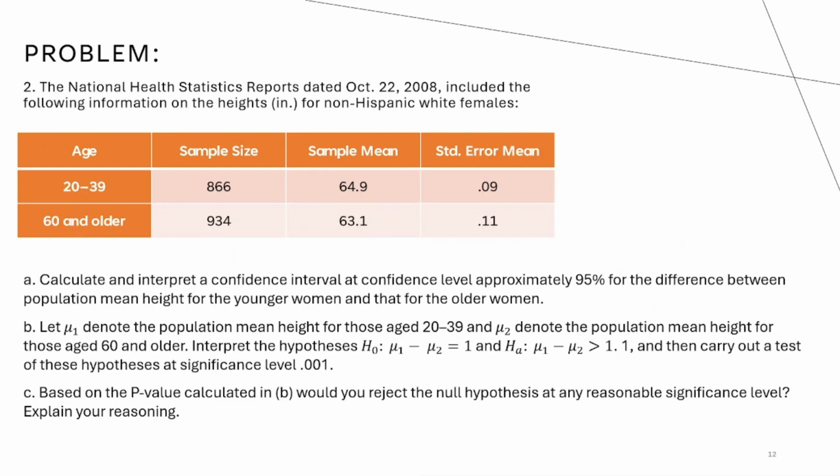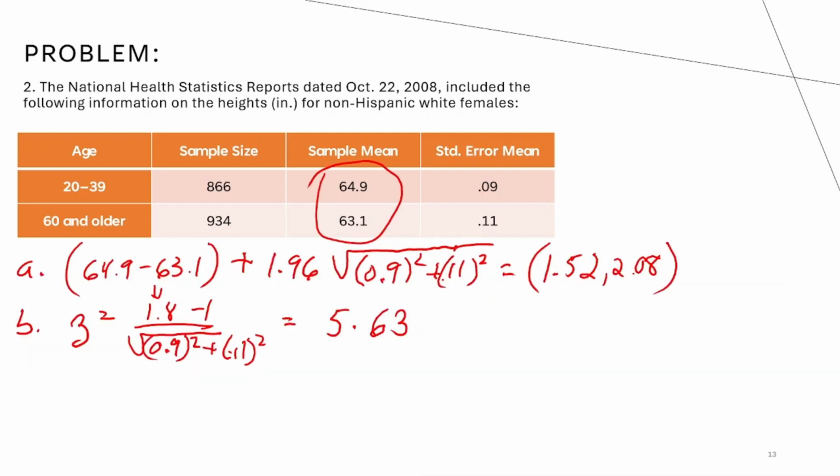So looking at C, we're going to figure out the p-value that we should have in B, and then figure out whether or not we reject the null or fail to reject the null. So for C, our p-value is going to be P of Z greater than or equal to 5.63, which is equal to